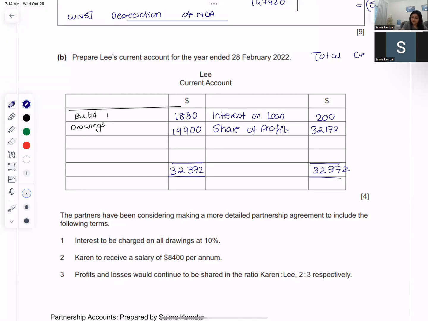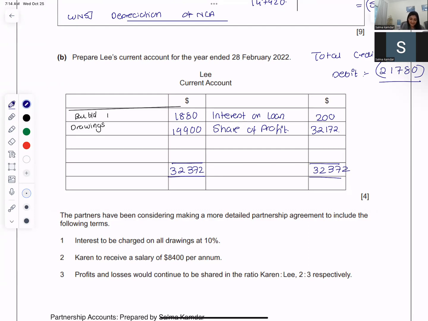So the total of the credit is 32,372 and the total of my debit is 1880 plus 19,900, 21,780. So from the credit total, when I subtract the debit total,